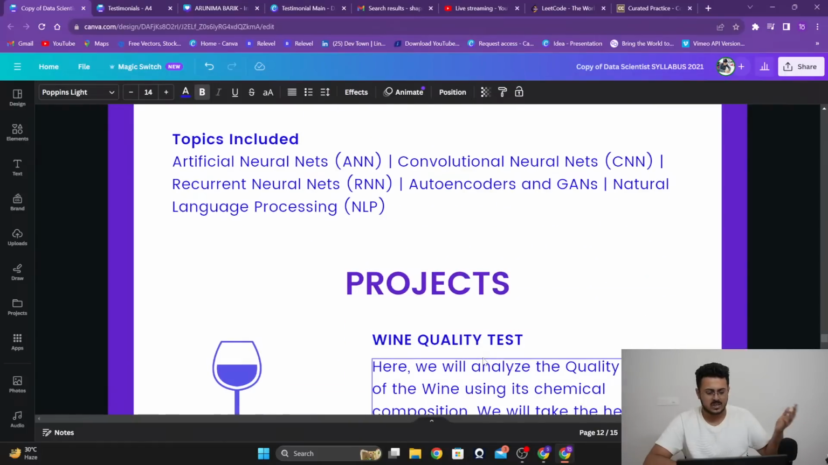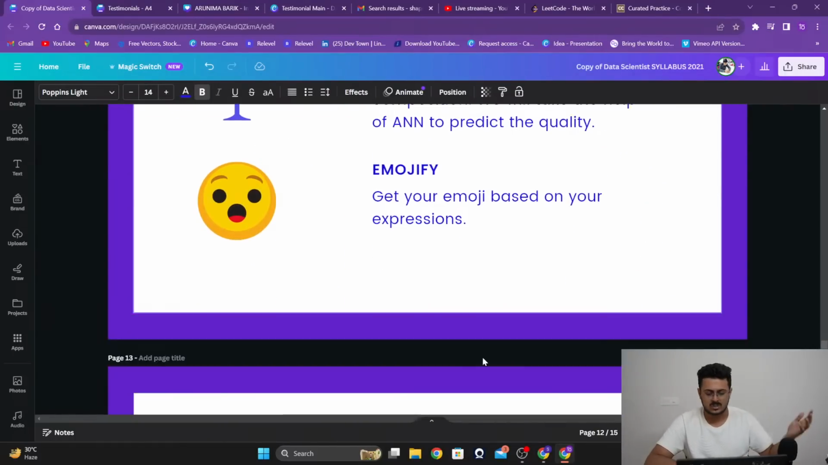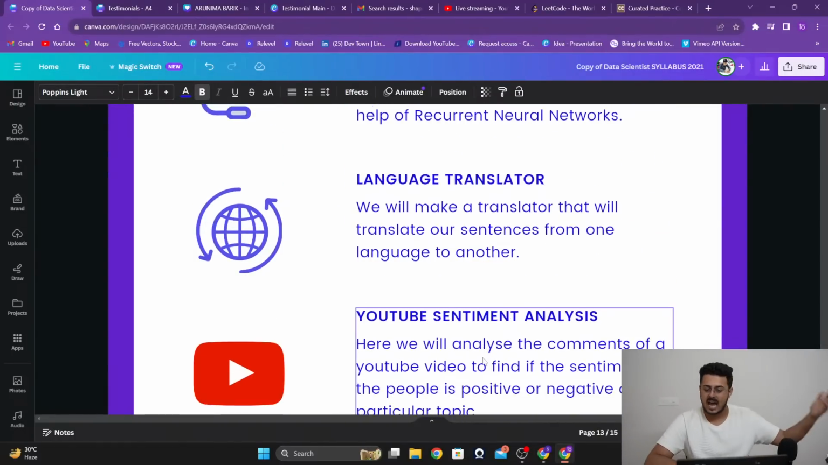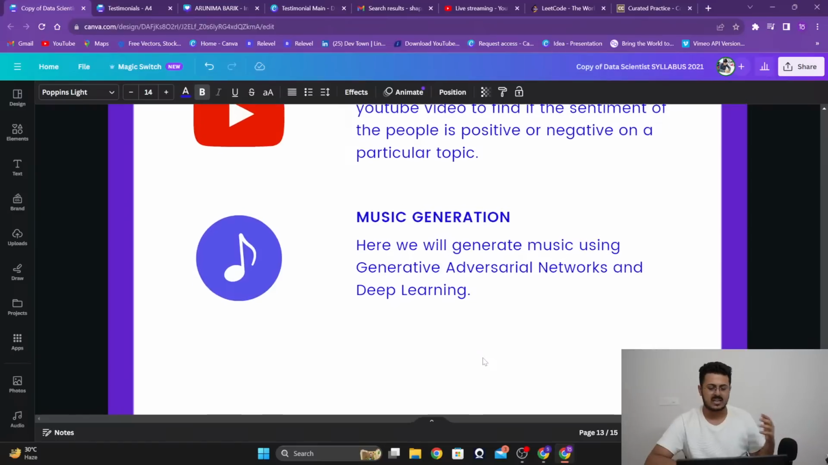Then you're having deep learning, so you're having wine quality test, Emojify, then you're having Jarvis, language translator, YouTube sentiment analysis, music generation using AI. So all that is basically the quality of projects that you should be having under your resume. If I'm talking about people who are interested in AI and data science, that is the 2 hours